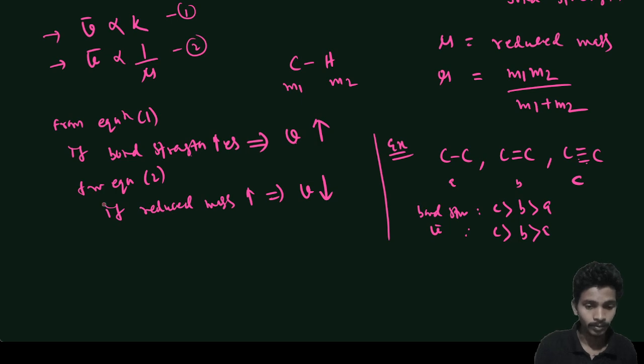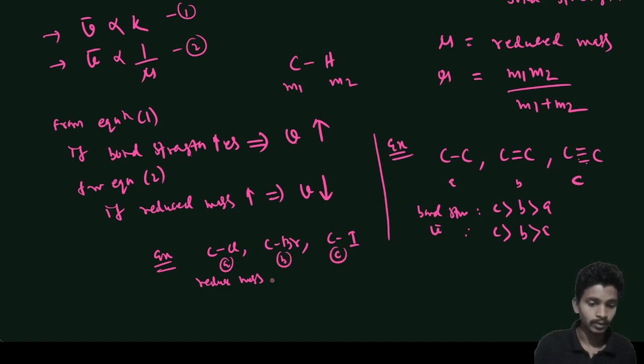Similarly, take another example: a C-Cl bond, a C-Br bond, and a C-I bond. Let's say these are A, B, and C. You see that the reduced mass of C is greater than B greater than A, so the stretching frequency will be inversely proportional to the reduced mass. So this will become